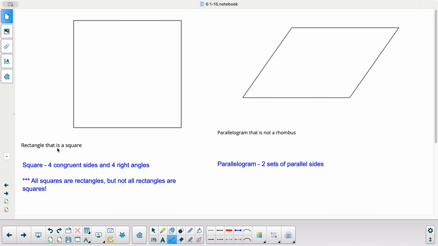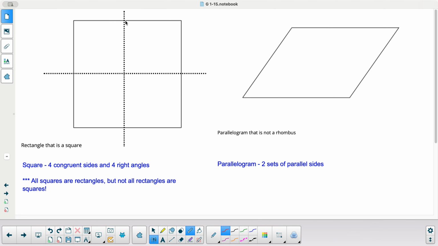All right. A rectangle that is a square. Square is 4 congruent sides and 4 right angles. So the square will actually have 4 lines of symmetry. So right down the middle, right down the middle. And important to note, this point here has to be the midpoint of that side, and this has to be the midpoint of that side. These would have to be midpoints of these sides as well. The diagonals will work on a square